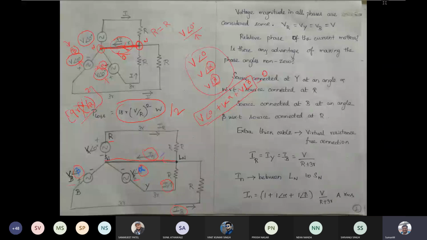So the neutral current at any instant of time can be given by IN is equal to IR angle 0 plus IB angle beta plus IC,